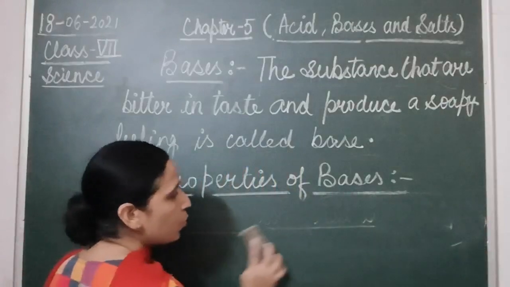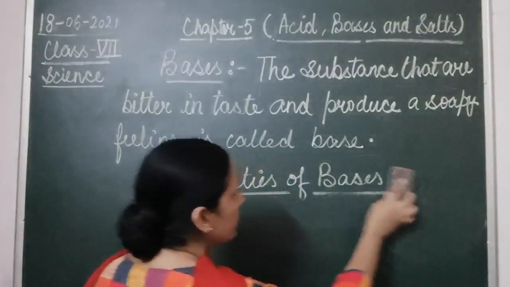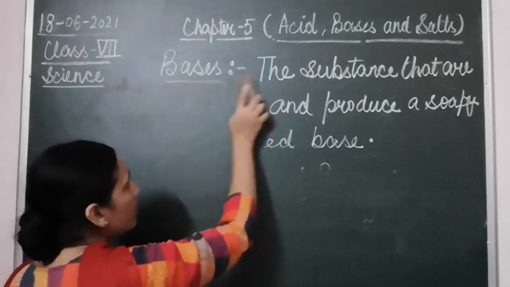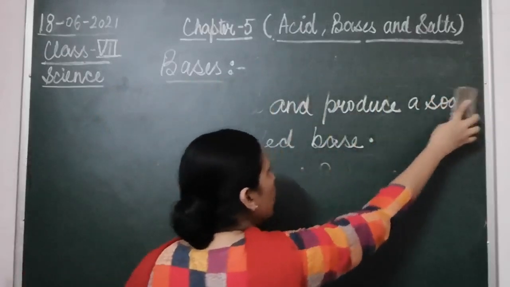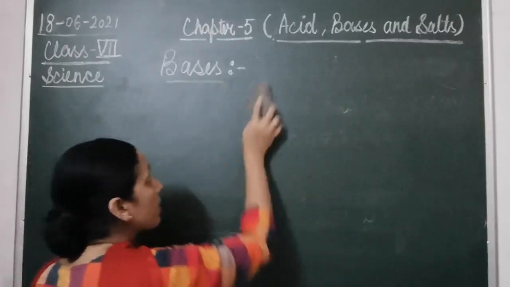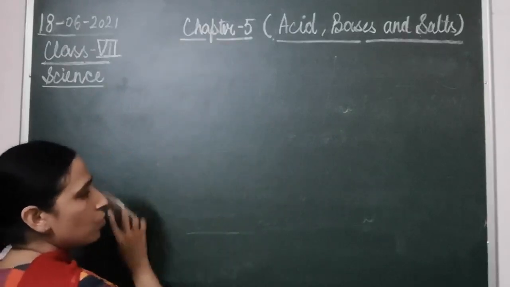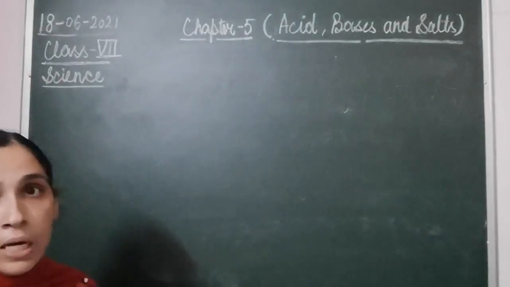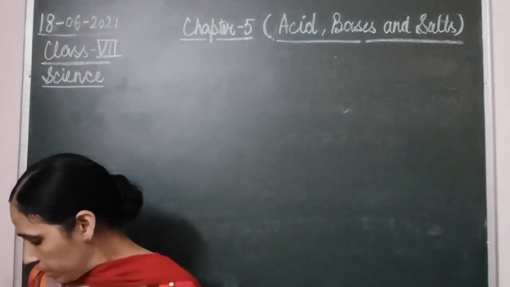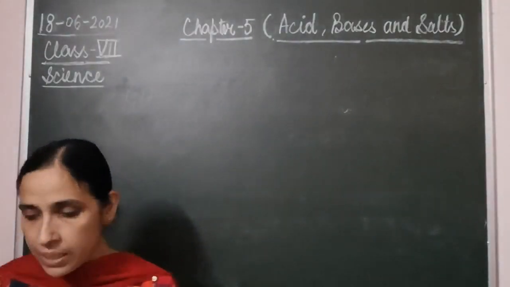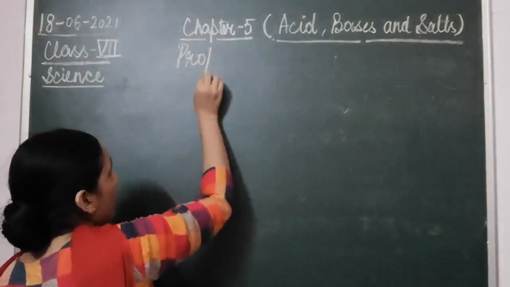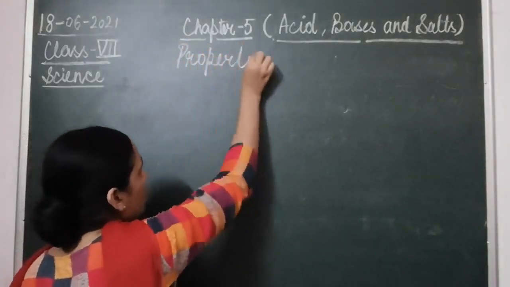I hope now you all have written this definition. So I'll erase this definition and then we will start with the properties. We'll write down all the properties together, and I'll complete with the explanation. Now we'll come to the third property. Two properties we have done till now.